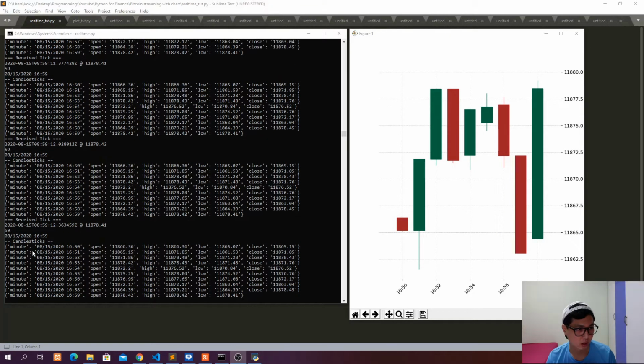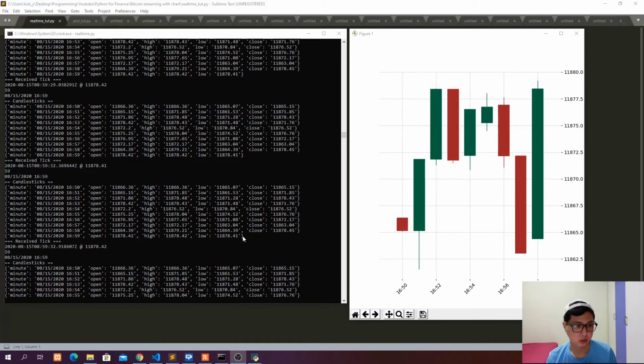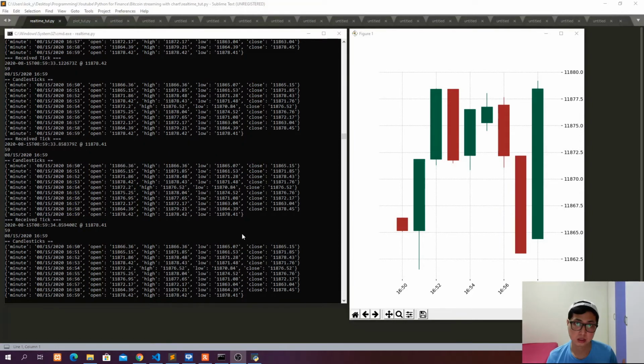You can see that we have a new dictionary every 1 minute, and we are going to update the open, high and low prices in that 1 minute. After the 1 minute we are going to give it a closing price, and then start a new dictionary to collect open, high, low prices. This is going to continue as long as there are new messages coming in from the Bitcoin streaming, and this candlestick chart is just going to create a 1-minute chart as long as we have data feeding in